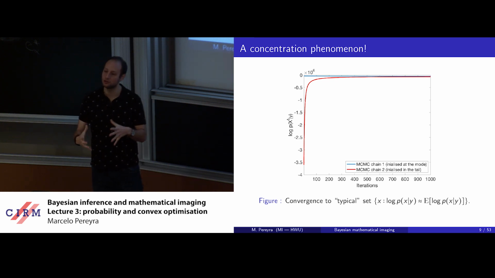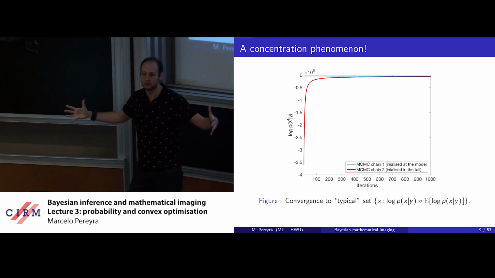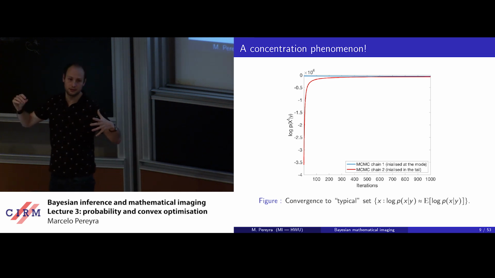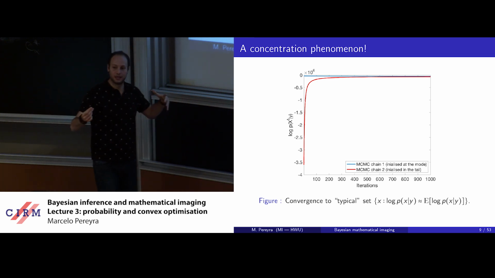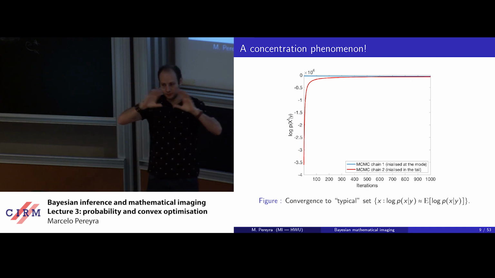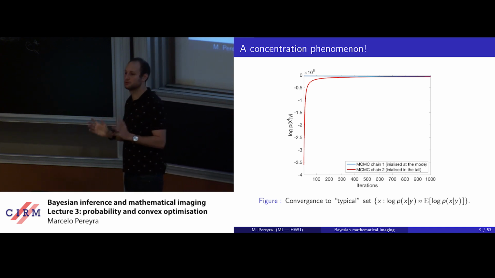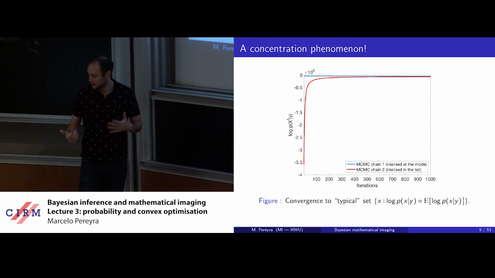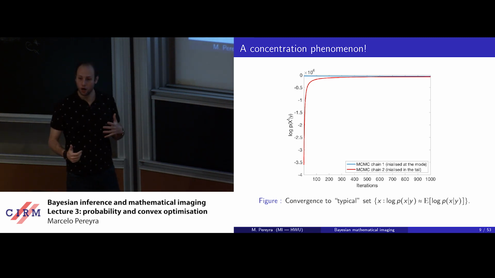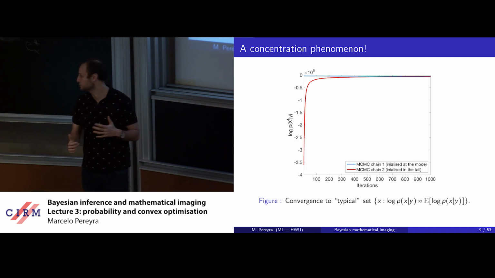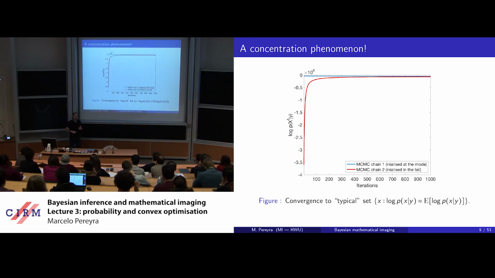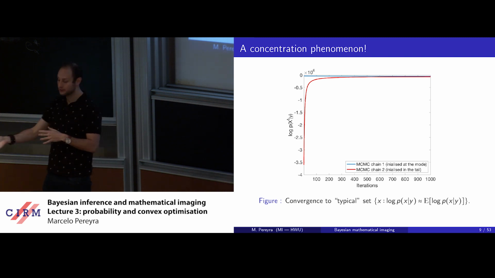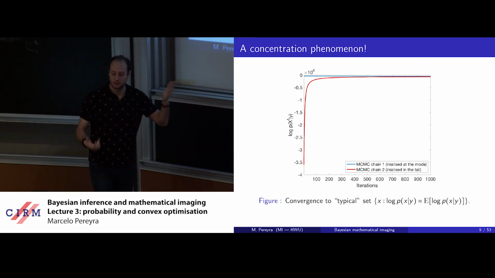If you take a Gaussian distribution and you blow up the dimension, the probability that a random sample from that Gaussian distribution is far from the surface of the ball becomes very, very small. This is known as a concentration phenomenon. And it turns out that all log-concave distributions, so all distributions for which phi is a convex function, have a concentration phenomenon. This is something that I discovered by doing the MCMC sample, discovered in the sense that I became